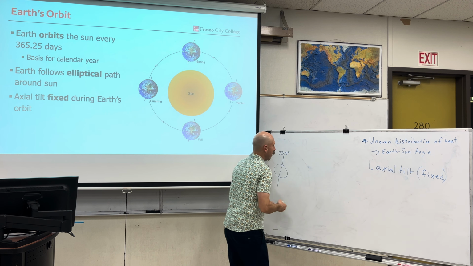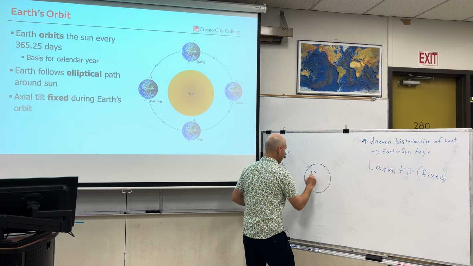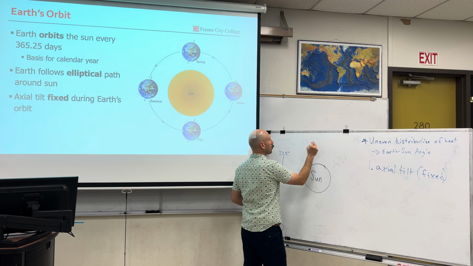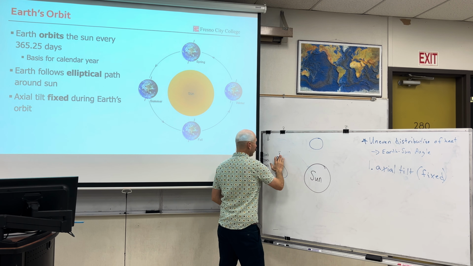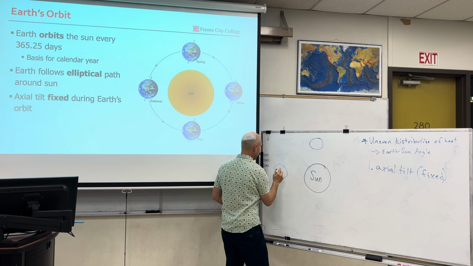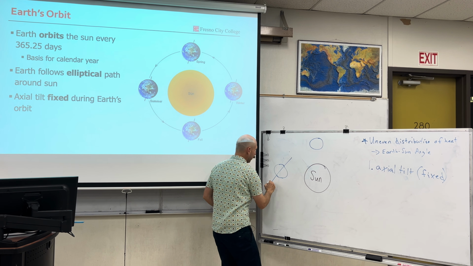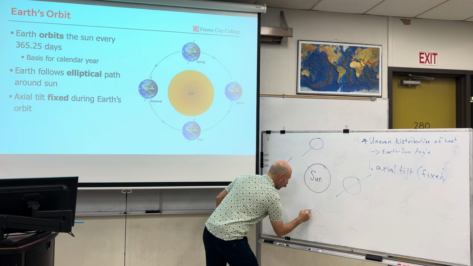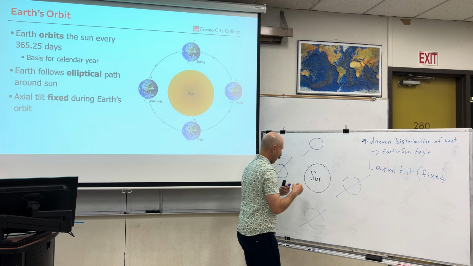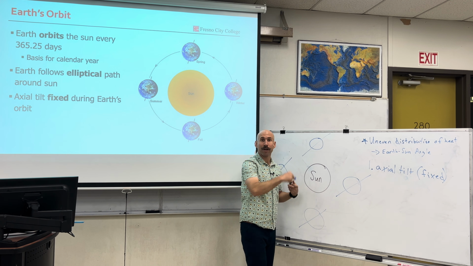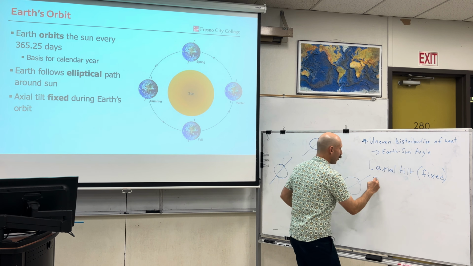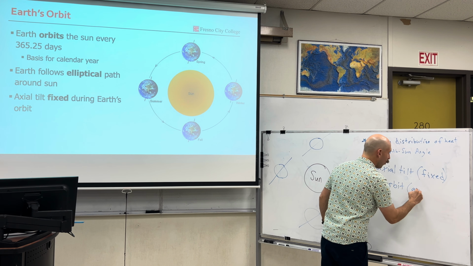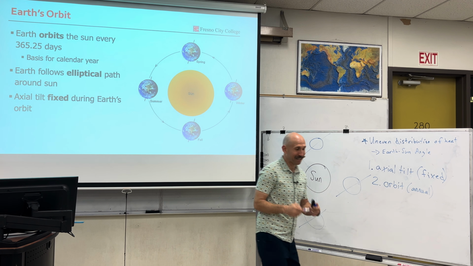Not only does Earth rotate on a fixed axis, but Earth also, I'm going to embellish this axis to more than 23.5, something like this. I'm just drawing pictures so we can do what we want, right? But Earth also orbits around the sun once every single year. So Earth has an annual orbit, which gives us 4 seasons every single year.